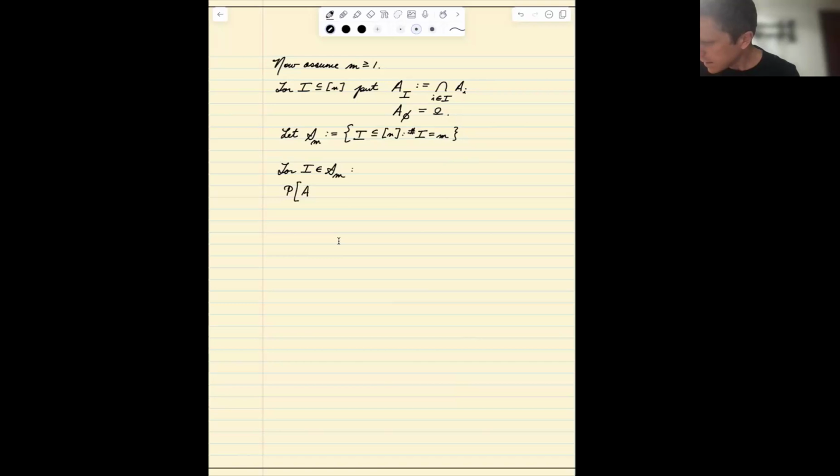probability of A_I intersect the intersection of J not in I, A_J complement. So this is the event that everything in I happens and nothing outside of I happens, right? Everything indexed by I happens, nothing not indexed by I happens, or everything not indexed by I doesn't happen. So this is, by inclusion-exclusion,